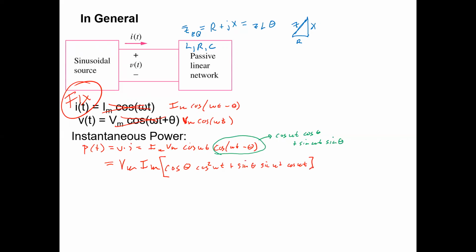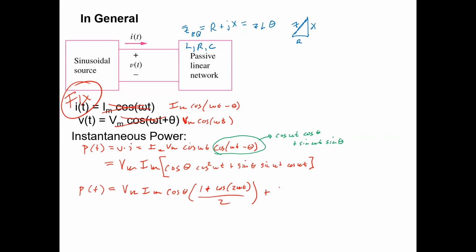So it's turning into a really hairy kind of formula, but again, we can use another trig identity that says, yeah, there's another trig identity. I'll plug that in a moment. But this can be reduced with another trig identity to VMIM times the cosine of theta times 1 plus the cosine of 2 omega t, again, that double angle thing, over 2,